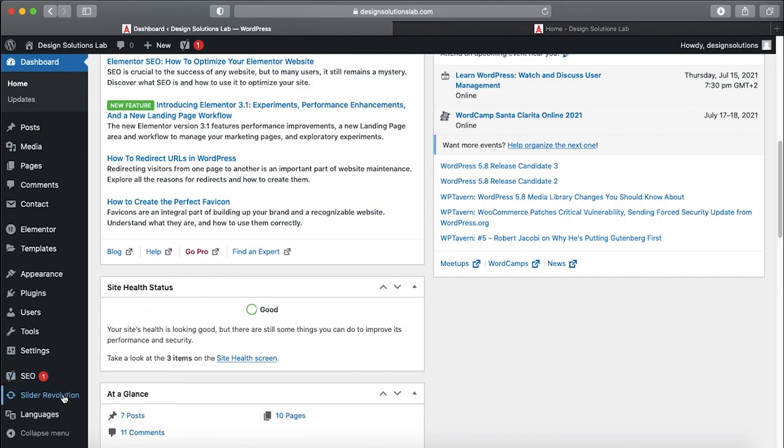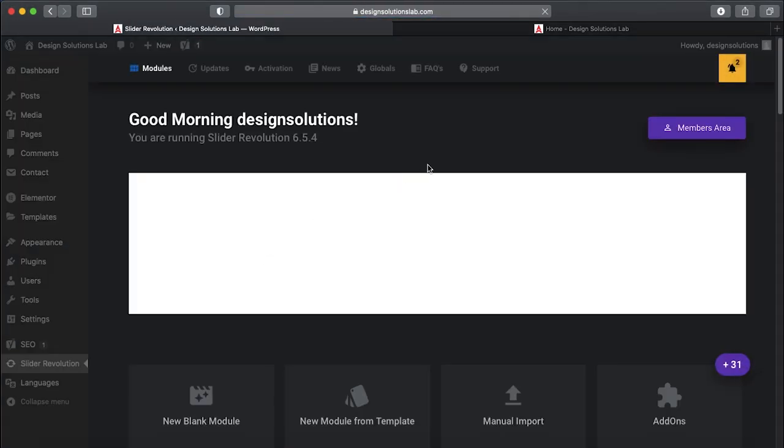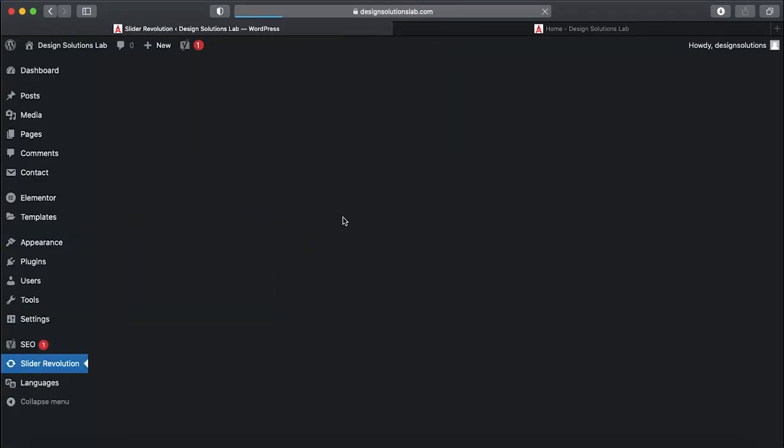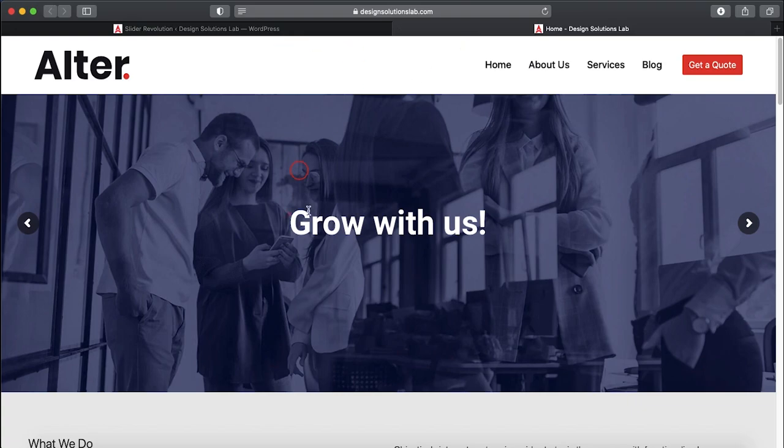When we have the Slider Revolution plugin installed, go to the Slider Revolution tab, and inside it you will see all sliders created inside it, because you can create as many sliders as you want, and you can put them in the place you need to show some content from the slider. So let's go to edit the one we have created. It is this slider,